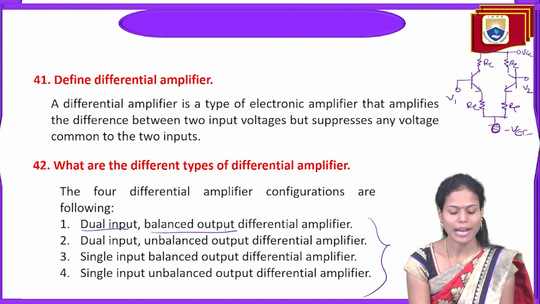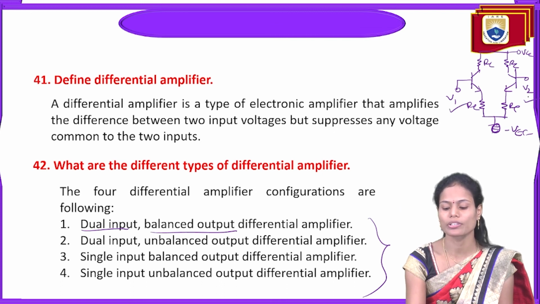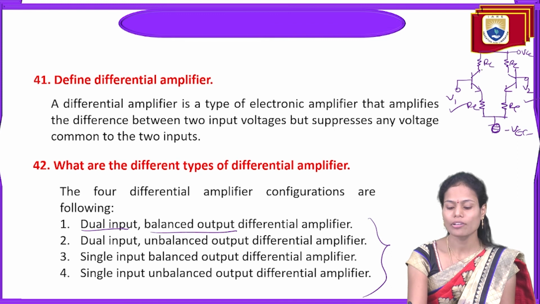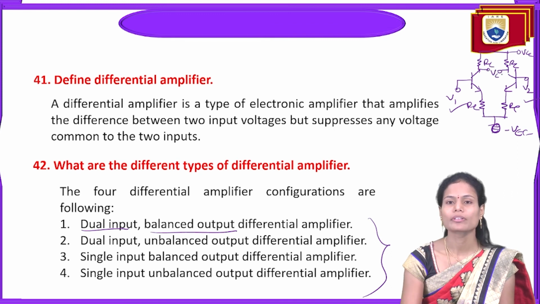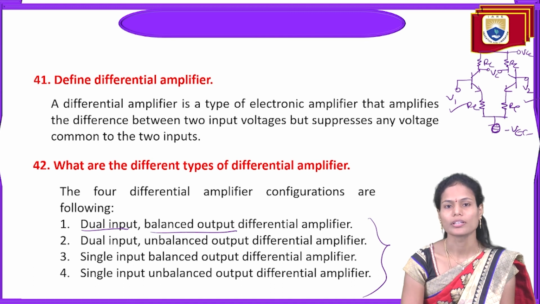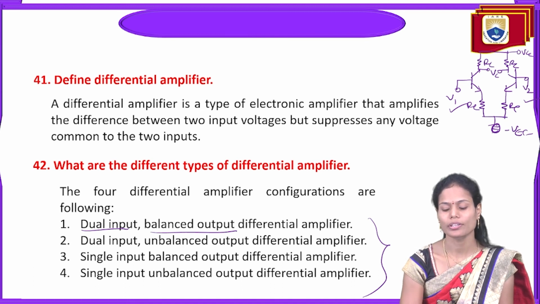Dual input balanced output means we are utilizing two inputs for the two transistors, and we measure the output across the common point of the two collector terminals, so that it is the balanced